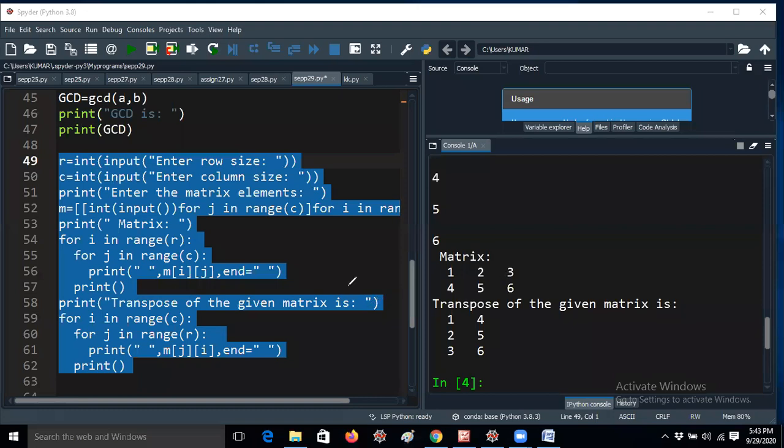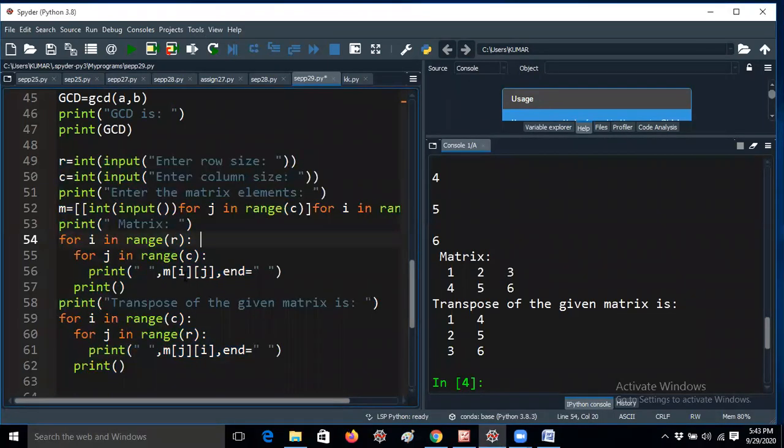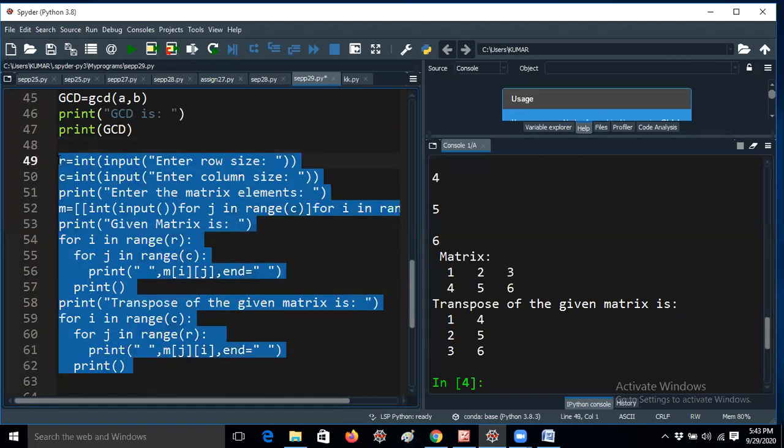So here you just have to interchange the values of ij with ji. If you remove these lines also, that's fine. Given matrices, you can add. I will copy here, please wait guys one minute. I'm forwarding it to the chat box. If you want to run it, you can run, no problem guys.